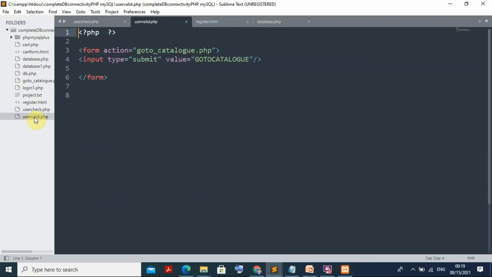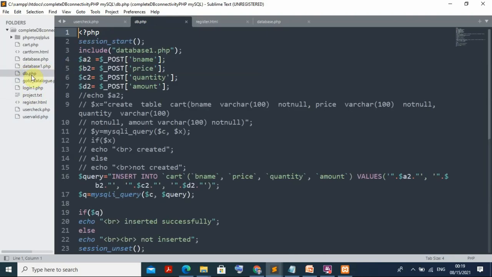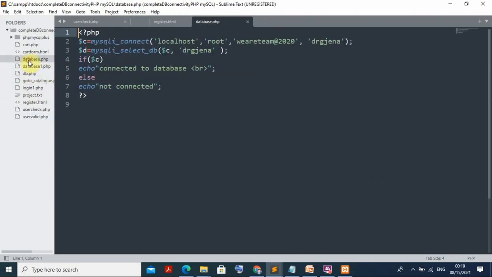Okay, in this catalog.php there is a submit button there. Once you click it, it will go to the catalog.php. Okay, so all the things are there, so we created. Then immediately we are going for this, because I told you that db.php is important, that I am going to show you. And before that I am going to the database connectivity.